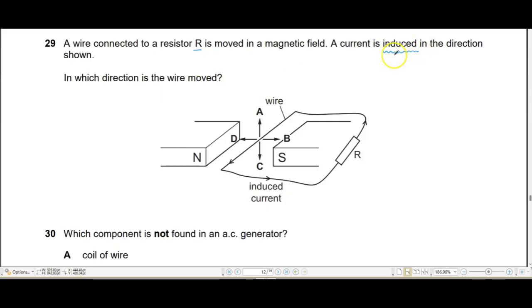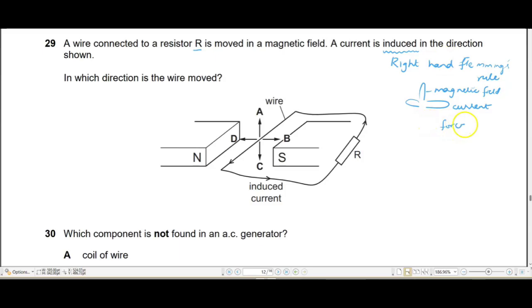So we know that whenever there is a mention of induced current, we use our right hand Fleming's rule as opposed to Fleming's left hand rule. Okay, so over here we know that our first finger points towards the magnetic field, the second finger points towards the current, and our thumb basically